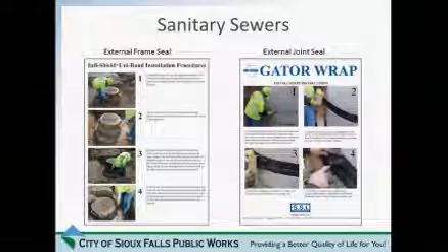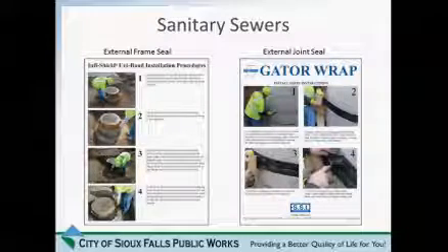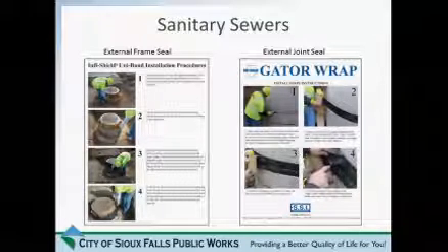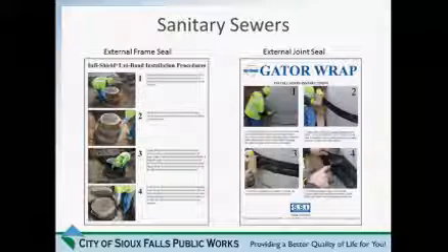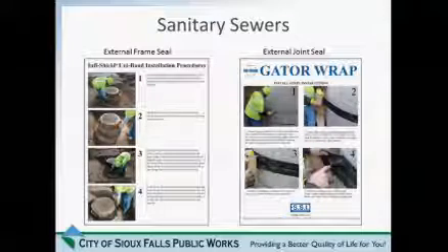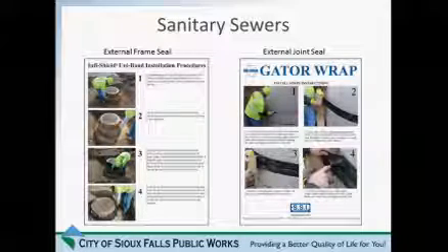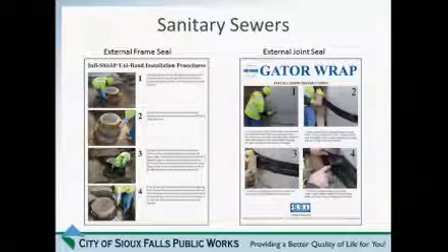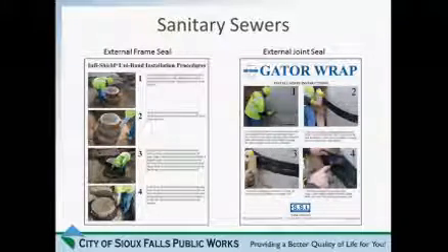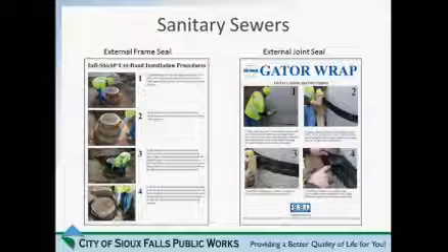Sure. For the external frame seals, there is an ASTM standard, an industry standard that outlines 3 different types of it. We're looking at a type 3. So it has several parameters that they must meet. My initial search, I found 6 different manufacturers for that. For the picture on the left, there's not as many manufacturers, and it's a little bit of a newer technology, so the ASTMs aren't as clear or defined for those pieces. We do have 3 products from 3 different manufacturers that we've reviewed internally and feel comfortable that we're getting the most benefit from our dollar with that being spent. So, thank you.